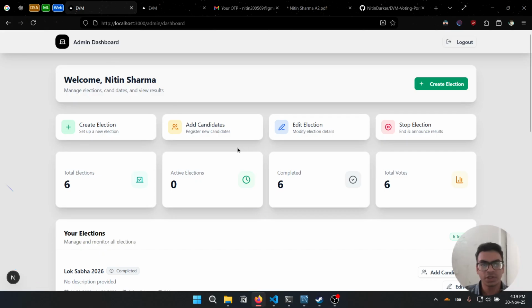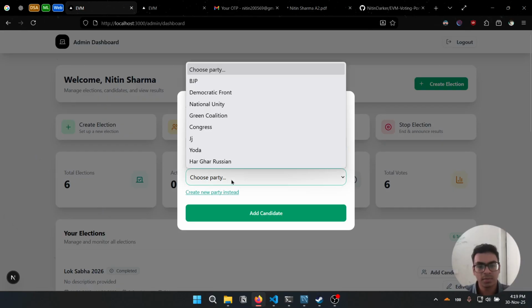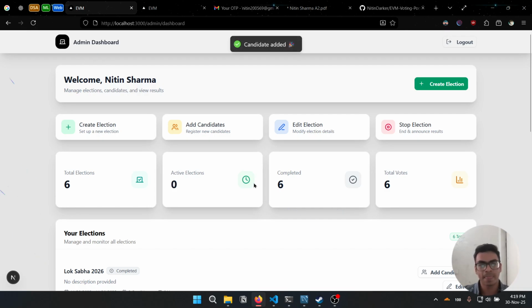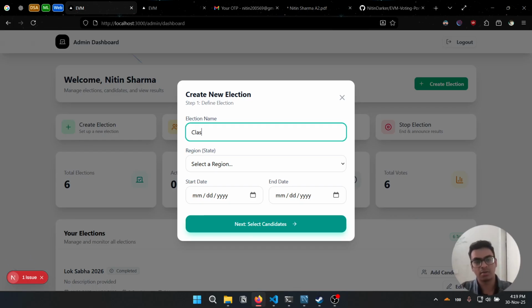There is also one more function. The admin can also add candidates and add new parties. Let's add a new candidate. Let's add myself as a candidate. And let me choose whatever party. I've added myself as a candidate, and now if I create a new election, let's say a small class representative election,